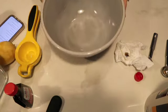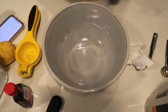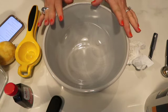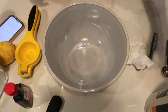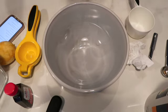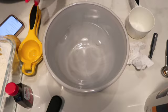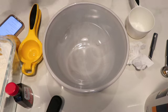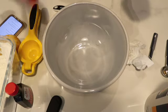Now, we're going to go ahead and combine the dry ingredients into this bowl. Okay. Go ahead and recycle this now. And we are going to need 2 1/4 cups of flour. Yeah, okay. So let's get our 1 cup. We have our flour here. The one thing I hate about flour is that it goes everywhere. So, 2 1/4, and then we have our little